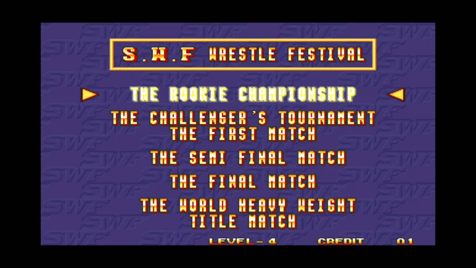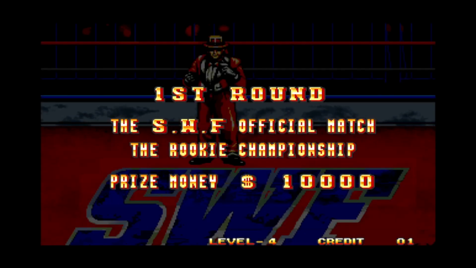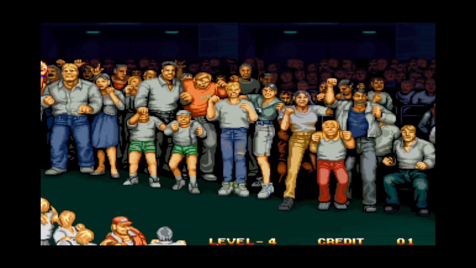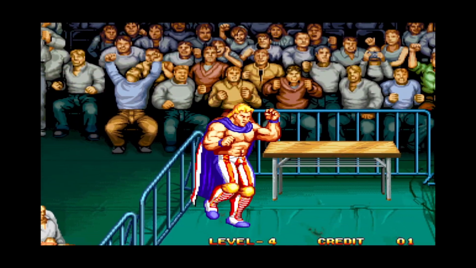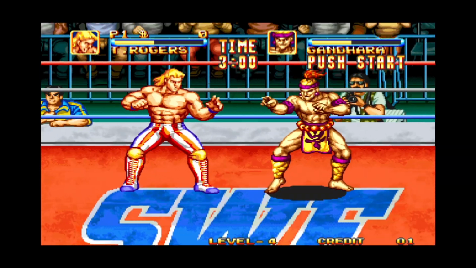Now we start the SWF official match, the Rookie Championship. In the blue corner,